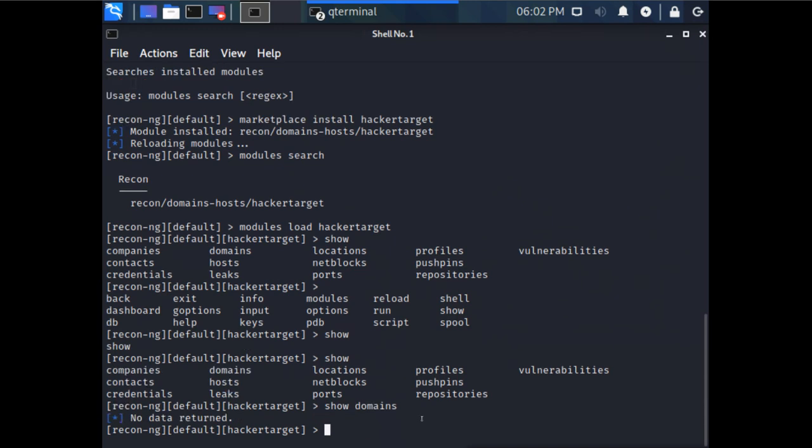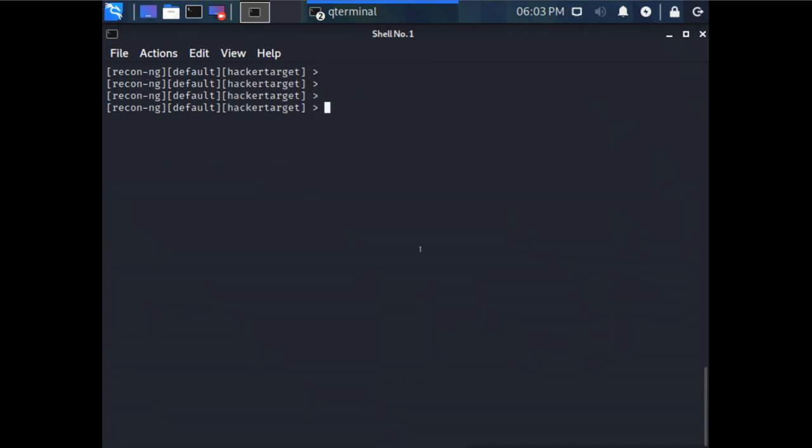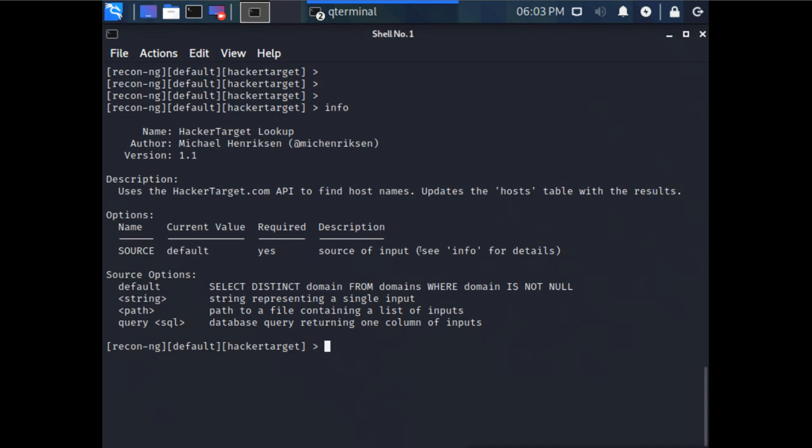No data returned, because we have not configured any domain. To get the information about the module, we will give the command info. It will show you the information about the module, and options.